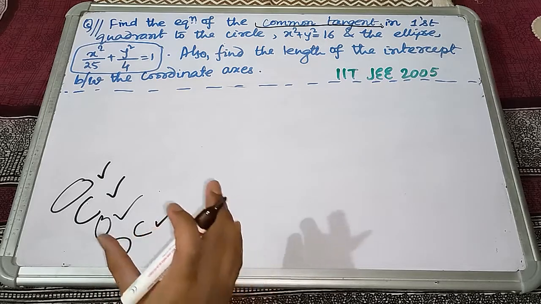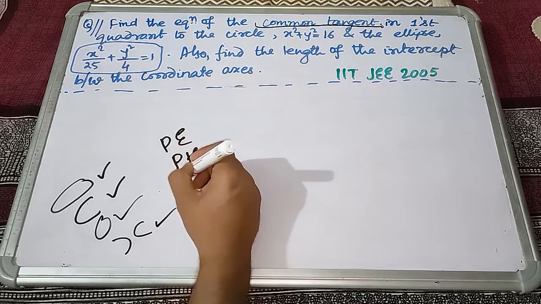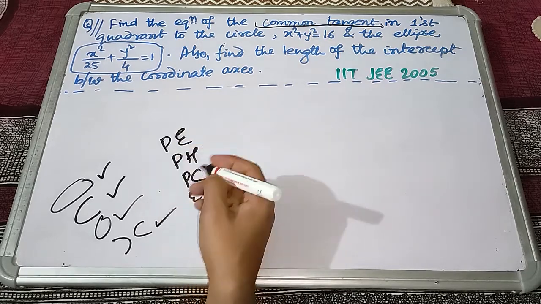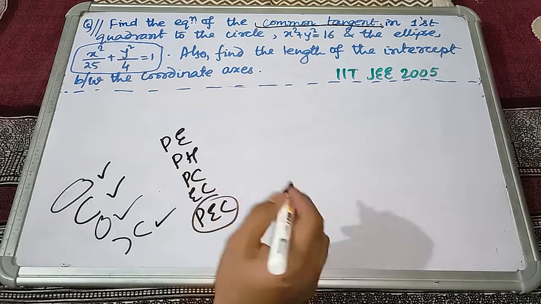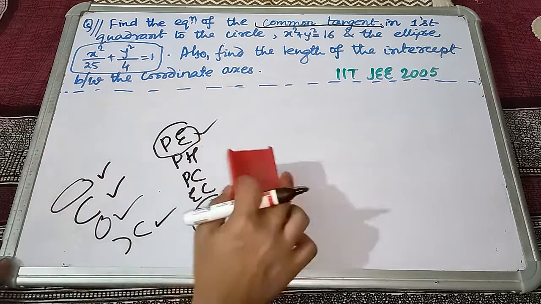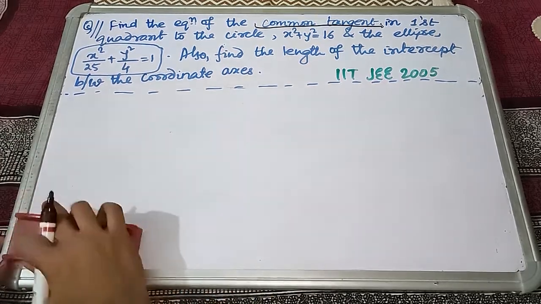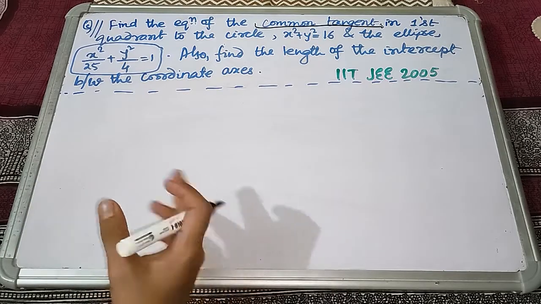But if they ask you a common tangent question, they can actually mix parabola ellipse, parabola hyperbola, parabola circle, ellipse circle, any combination they can make. They can even put 3: parabola, ellipse, circle. With this they can check your double concept at a single time. So common tangents are always one of the most favorite categories of question asked by the examiners, and we need to be aware of the pattern, and it's quite simple.